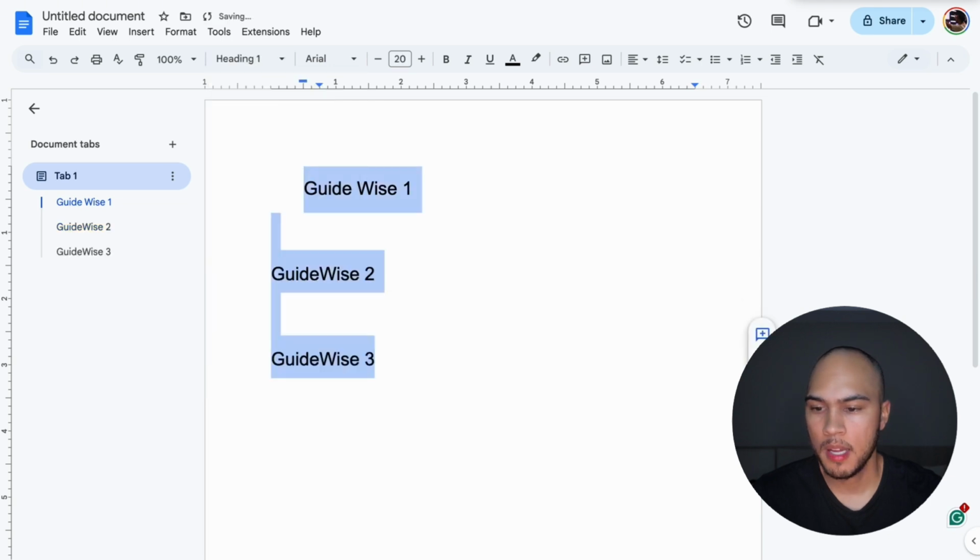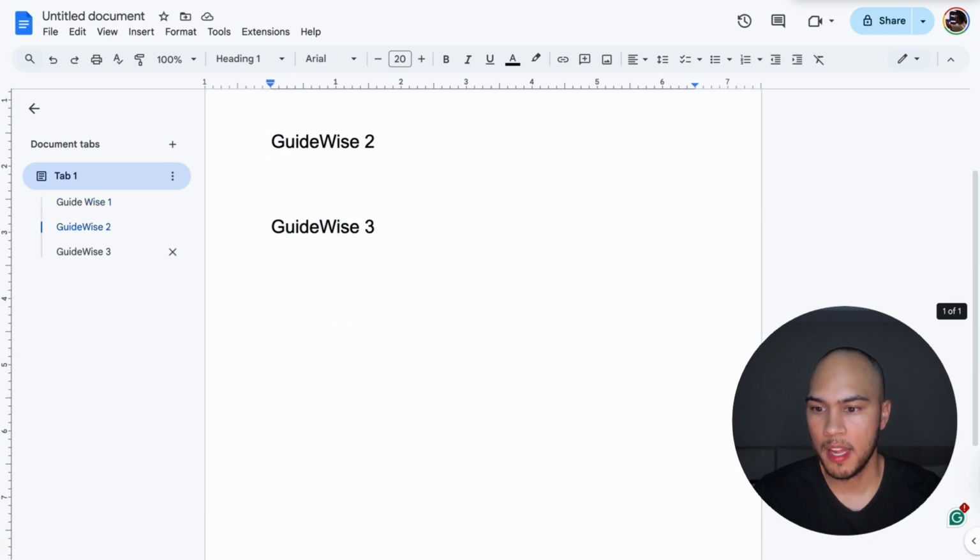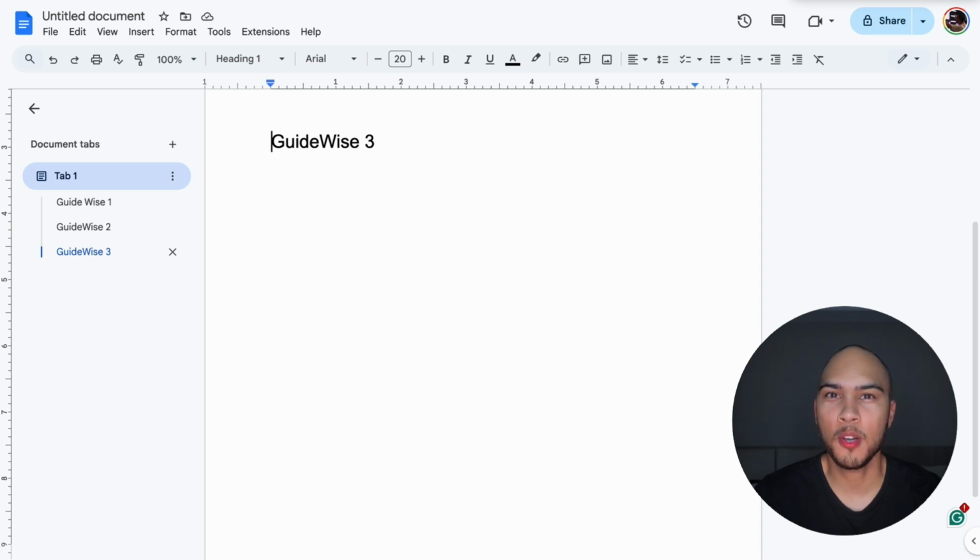1 to all of them. And you'll see in the left, you will have your tabs there. Now you can easily click and go specifically to that tab. And just like that, your Google documents look